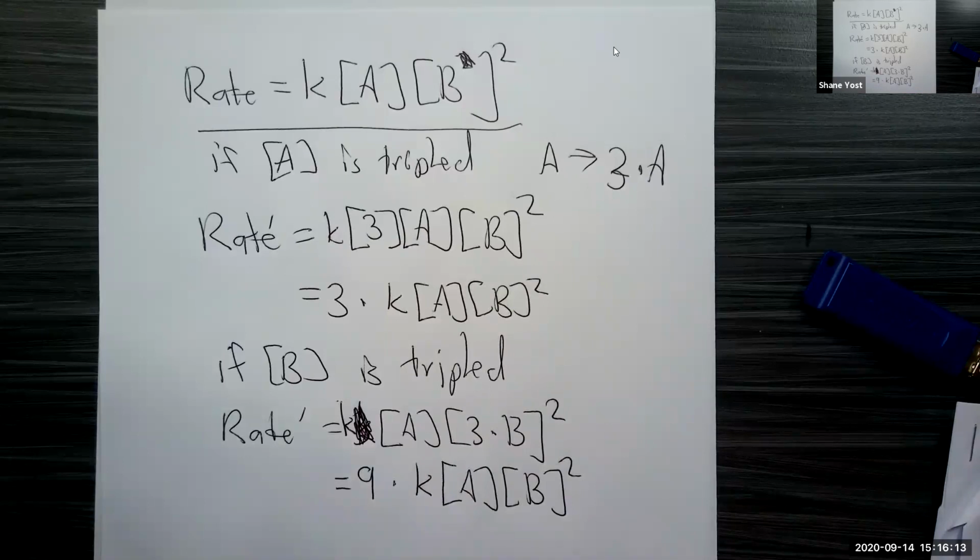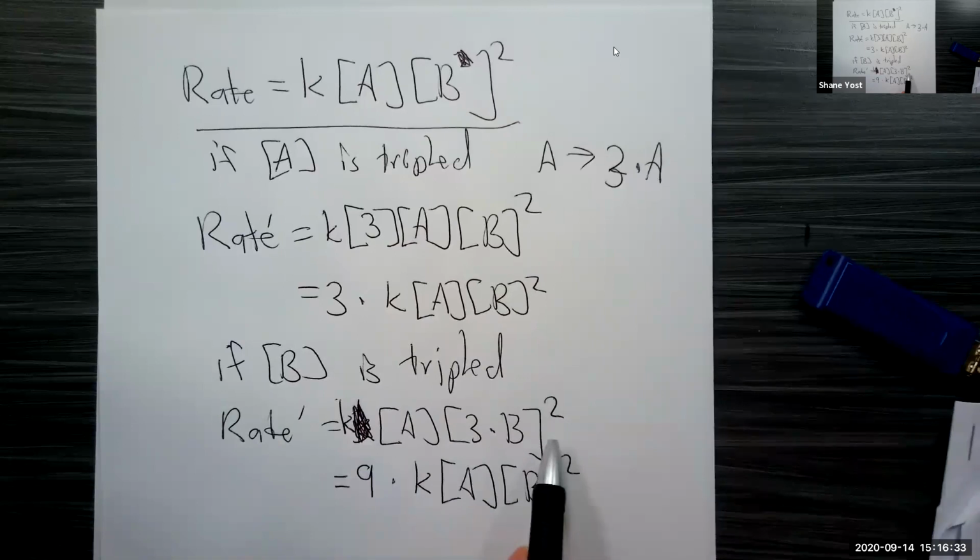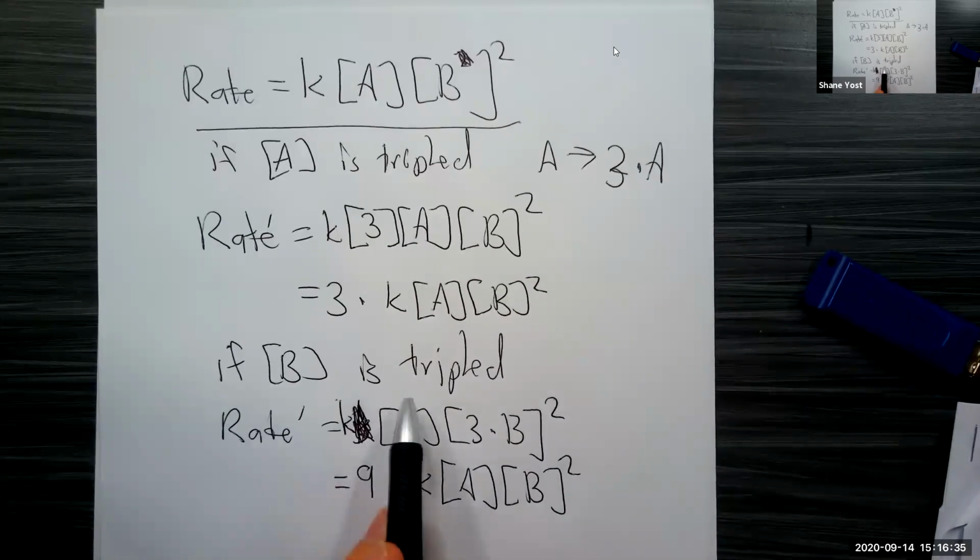So again, this rate law shows you how the rate changes with changing concentration. If I double the concentration of A, I double the rate. If I double the concentration of B, it's going to quadruple the rate. And that's related to the fact that there's the power of 2 here for B and the power of 1 here for A. Questions about this example?